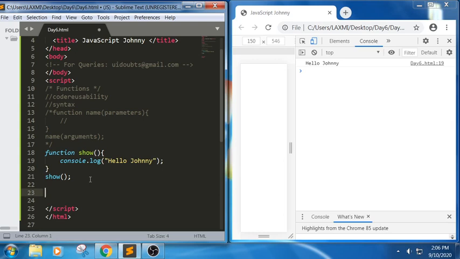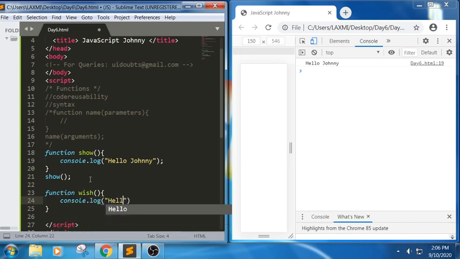For example, I want to display hello and pass some random name. See here, I am trying to write a function wish. In this console.log, I am writing hello. In this again I am trying to write wish.